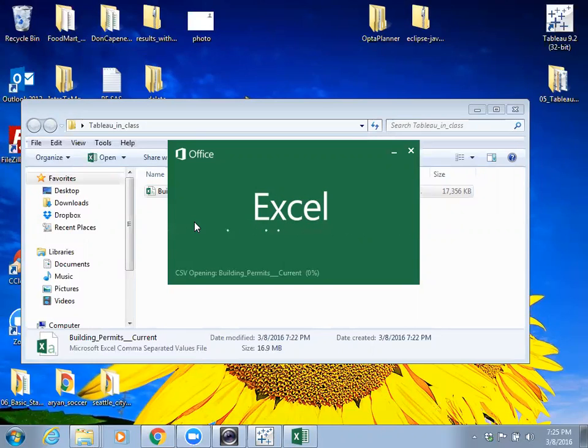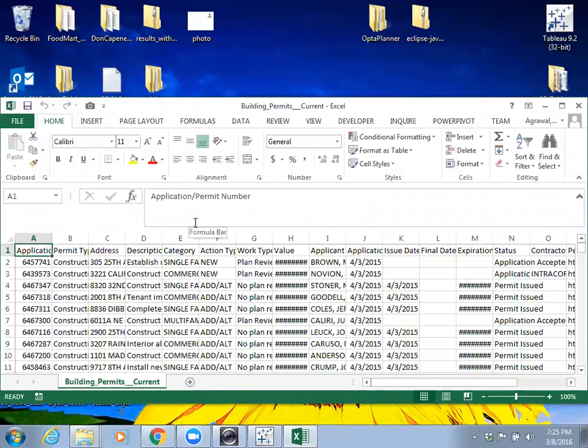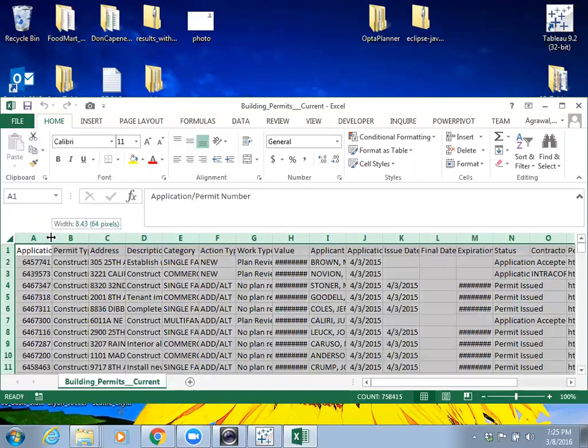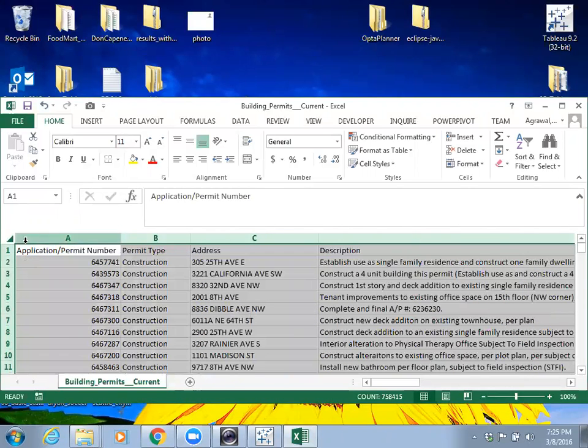So this data set, I downloaded it from the Tableau website. This is about building permits in Seattle. Every city issues building permits throughout the city for different construction reasons. So this data set is coming from the city of Seattle, and it has many different pieces of information here. For example,